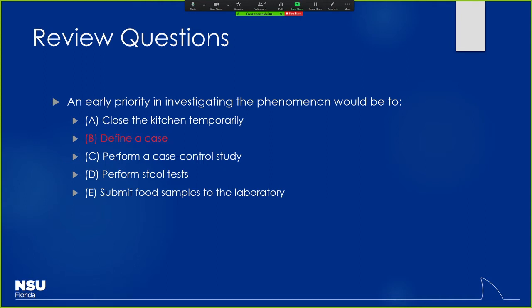So in this case here, we probably want to go ahead and define a case first, right? You don't necessarily want to jump to conclusions and say, well, let's shut the whole kitchen down, right? Because if it's a single restaurant, maybe that's not a big deal. But what if it's serving a large number of people? What if it was something like a college campus cafeteria where you have hundreds of people eating there? So you want to define a case first and say, okay, how do we consider people to be included in our definition? You don't need to have a definitive diagnosis at this point, but you at least want to say, people who ate at this restaurant, and not necessarily based off food just yet, but they developed these symptoms: nausea, vomiting, they had a white count, they had fever, whatever the case may be.